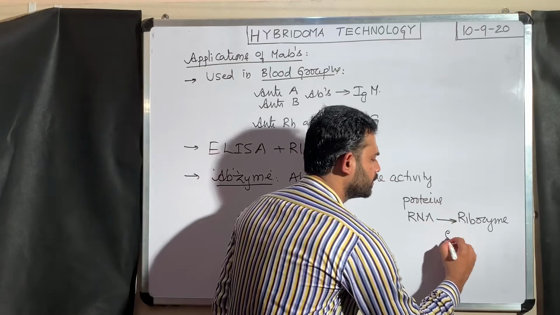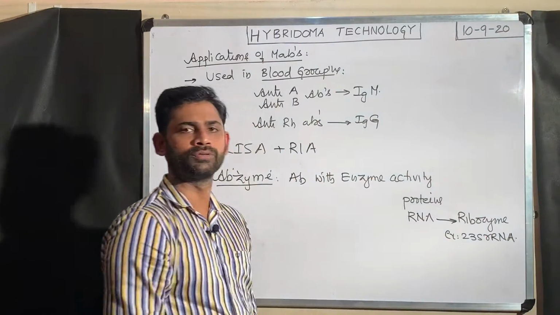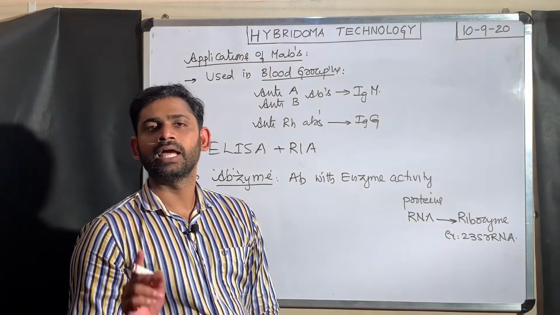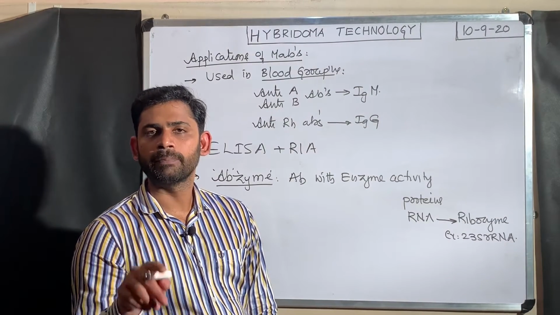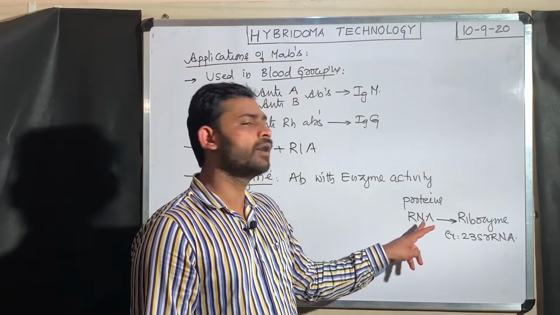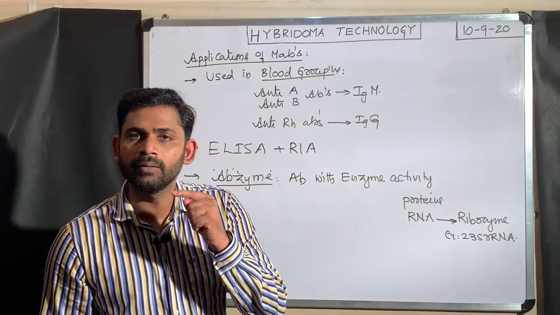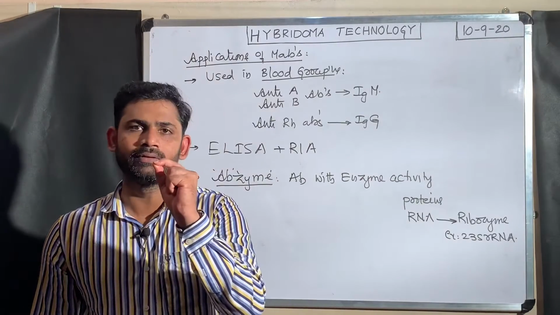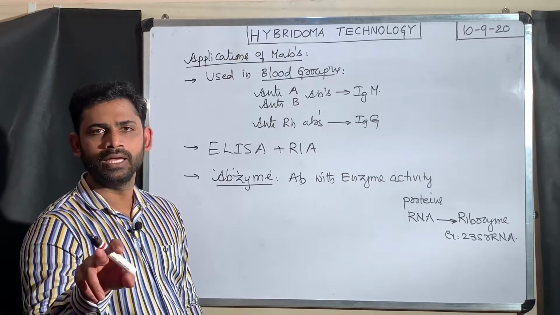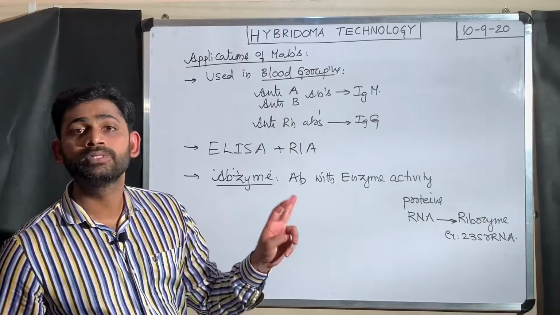For example, 23S rRNA in bacteria, in prokaryotes, acts as the enzyme peptidyl transferase, the enzyme responsible for the formation of the peptide bond during protein synthesis. That peptidyl transferase is an example of a ribozyme, RNA with enzymatic activity. Along with that, monoclonal antibodies have specific activity and react with a particular molecule, so these antibodies are also used as enzymes. That is why an antibody with enzyme activity is called an abzyme.